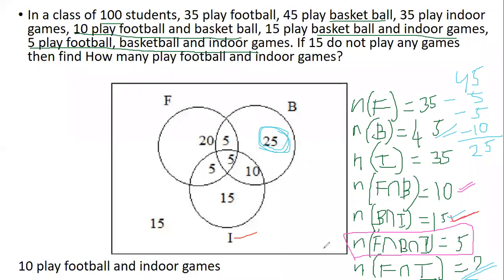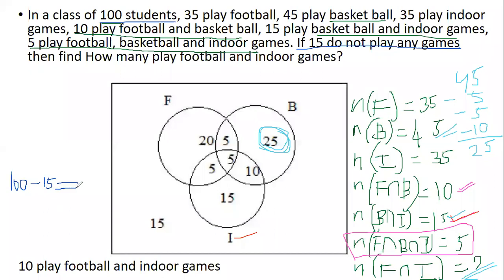Okay, now next, out of total 100 people, 15, wait a second. Out of total 100 people, 100 is the number of people that we have. Totally 100 students are there. So if you see here, 100 students. Out of that, they say 15 do not play any games. So let us take out that 15.